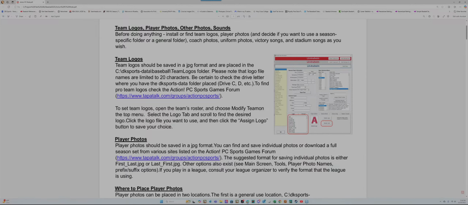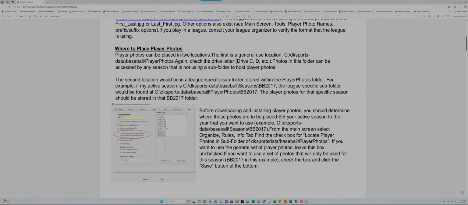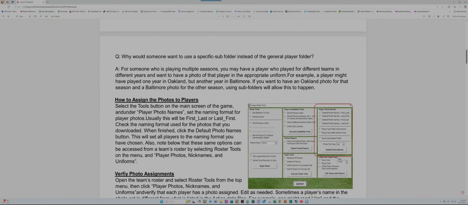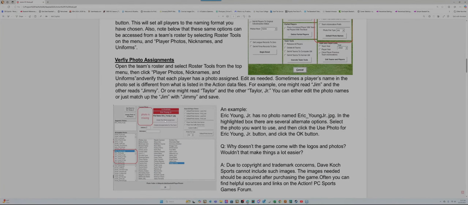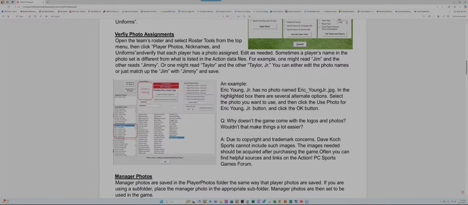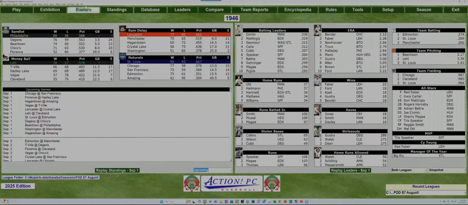So this one document that's been here for a couple editions, I think, is probably one of the best references if you wanted to just export it and save it for yourself and read through it. It's one of the best on how to manipulate photos and troubleshoot why one might not be sticking. How do you auto assign them based on the format you have here? Is it first underscore last, which is what I use? Is it last comma first, whatever format you're using? This document will help you go through that. And it can also show you whether they're sticking right here. And this screen here is one of the best to go view your team. So if we pull up a roster here,